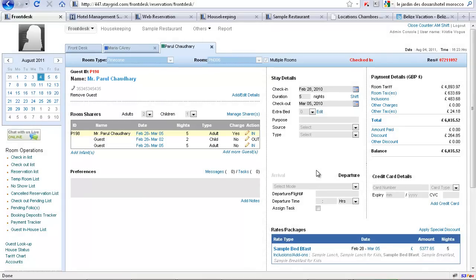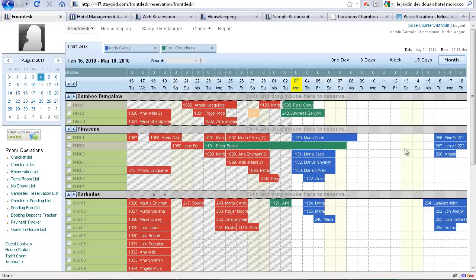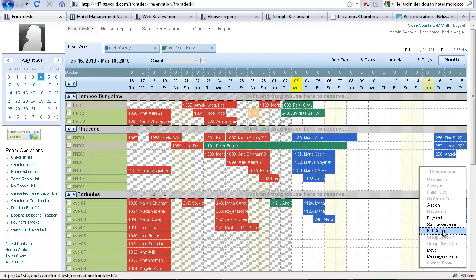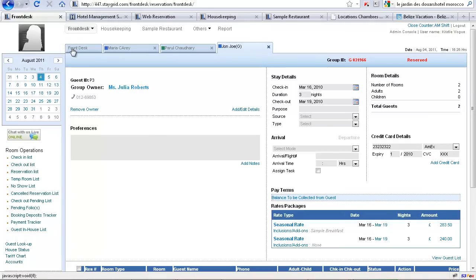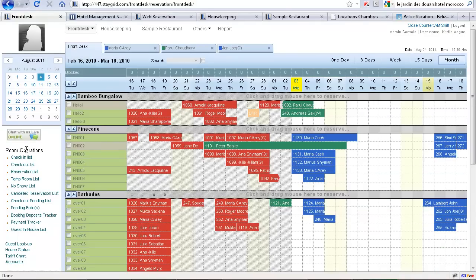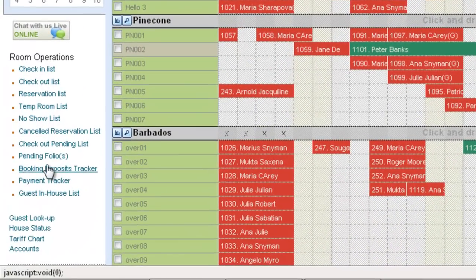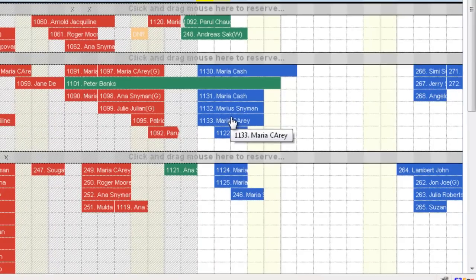So even though it's a web-based system and I'm on a normal regular connection, you'll notice that you can be working on multiple bookings at the same time, and these can be single bookings, travel agent bookings, corporate bookings, and the quick functions like the room operations, the today's check-in list, payment trackers and cancel reservations are all available here.